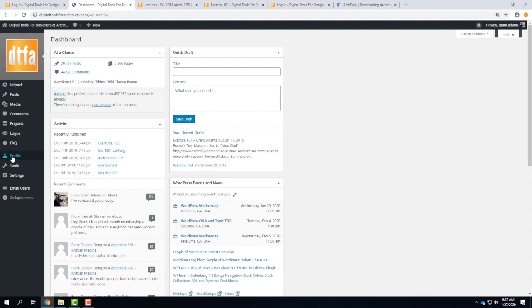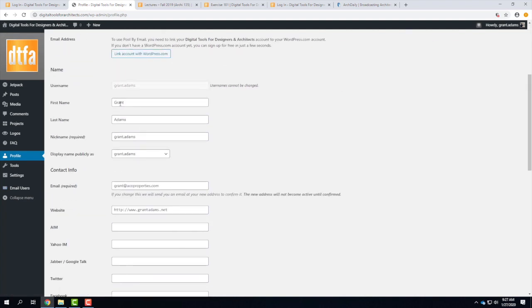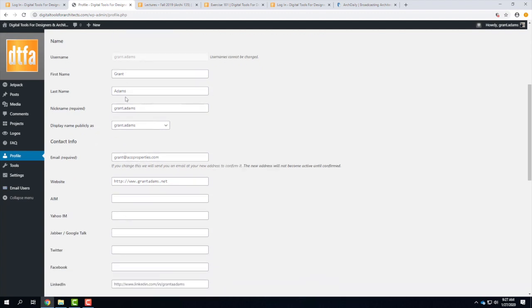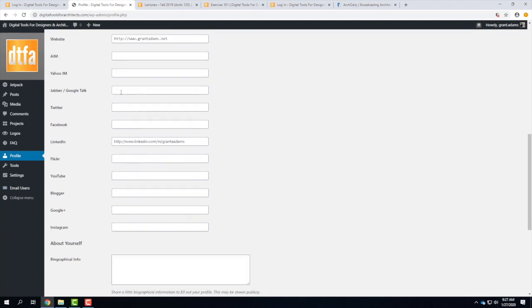So first thing I want to do is come down here to where it says Profile. And if I click on Profile, this is information about me. I've gone ahead and filled in some of my information. You guys all currently have a username. If I created the account, it's your first letter of your first name followed by your last name, or essentially whatever your Insight email is without the numbers on it, with a period in between. Anyway, you could fill in your first and last name. That's always nice. You can put a nickname in. You can do a variety of things.